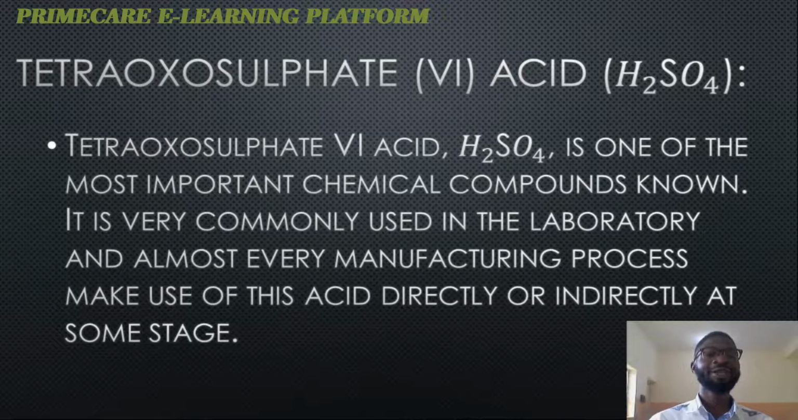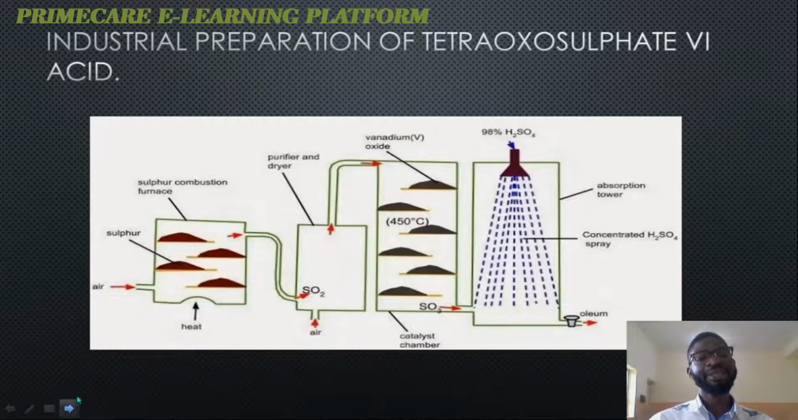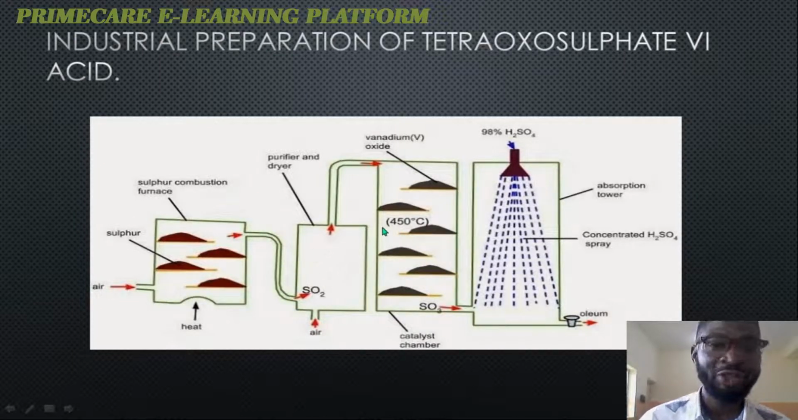Then we have tetraoxosulfate 6 acid, which is one of the most important chemical compounds known. It is very commonly used in the laboratory, and almost every manufacturing process makes use of this acid directly or indirectly at some stage. Now, we also explained the industrial preparation of tetraoxosulfate 6 acid, and this process undergoes